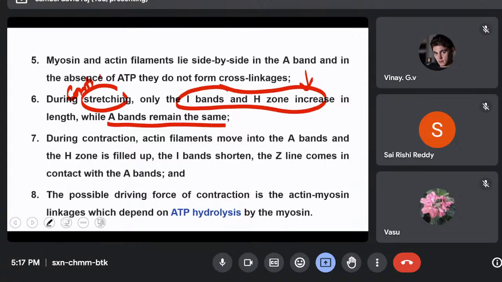So this is all about the sliding filament hypothesis, and with this we come to the end of muscle contraction, muscle proteins, structure of muscle and myofibril. We have only these two topics in the CUET syllabus. After the life sciences syllabus is over, I'll continue with the remaining physiology topics. Okay, and now tomorrow I'll start with